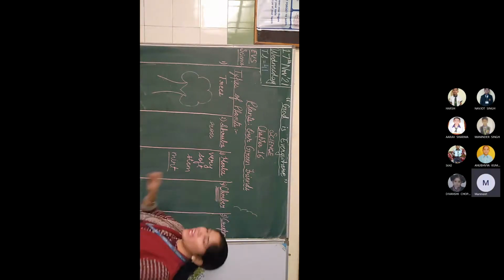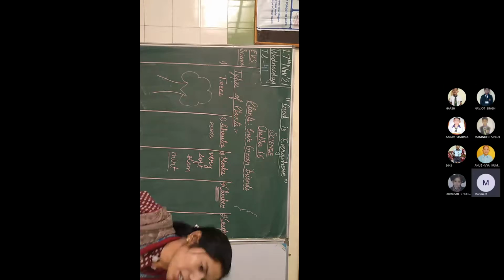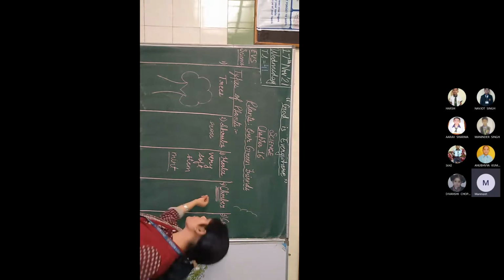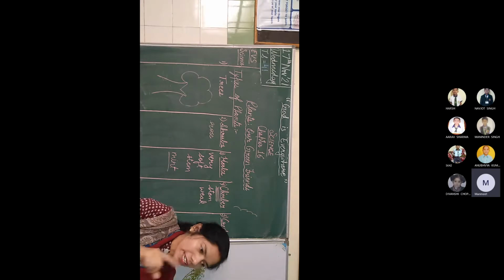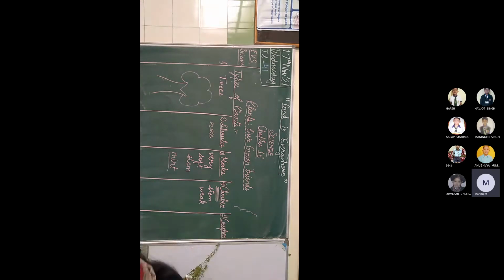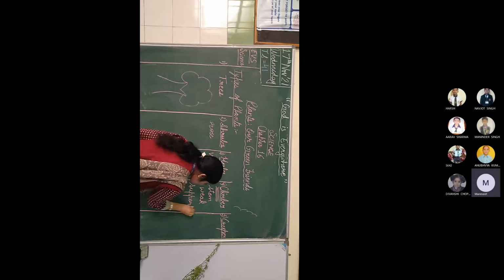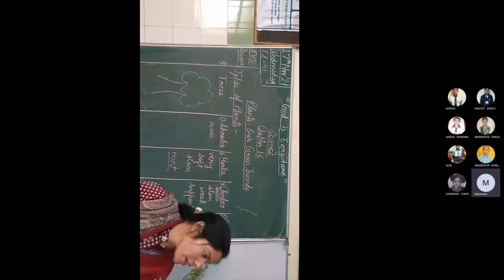Now, climbers is a word related to plants. Plants में climbers means the stem of these plants is so weak that it cannot stand on its own. खड़े नहीं हो सकते. They need some support to climb. Support means इनको किसी का सहारा चाहिए. They need some support to grow up.